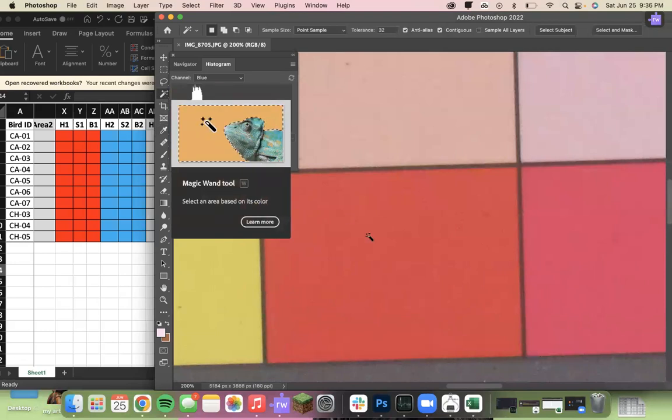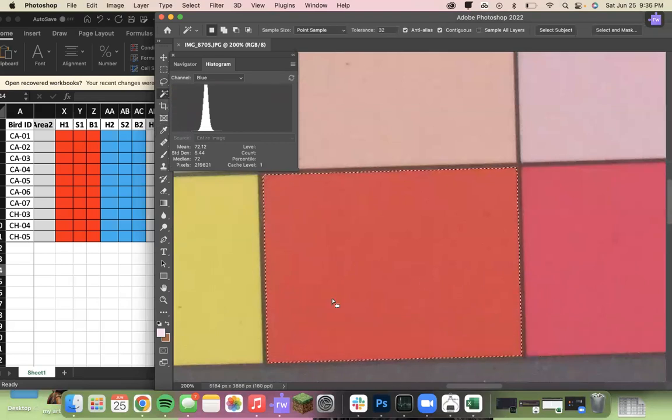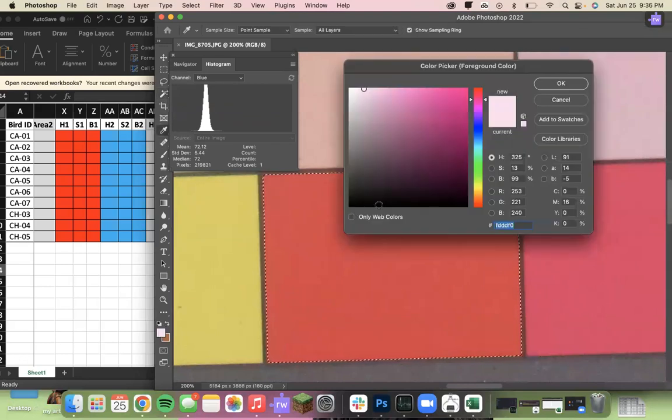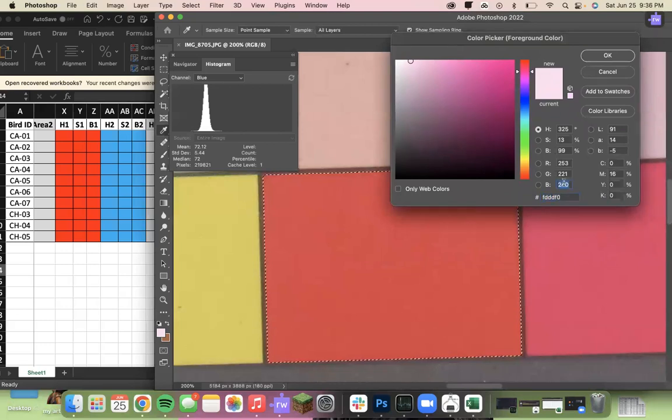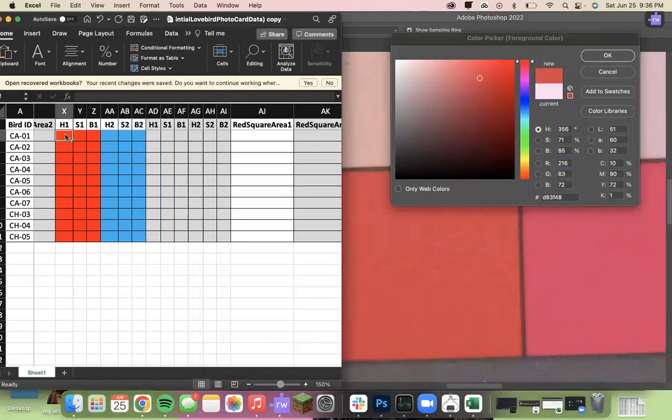Okay, and then we want to make sure, see, I did that before I clicked it. So we want to make sure we're on the magic wand. We're going to tap as in the middle as you can. Okay, that was pretty good. There's none of those little weird hole things. So I'm just going to leave it with my one click. All right, so blue, 72, 63, 2, 6. Okay, so red, and then